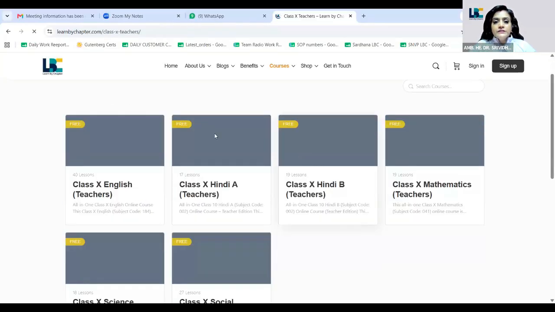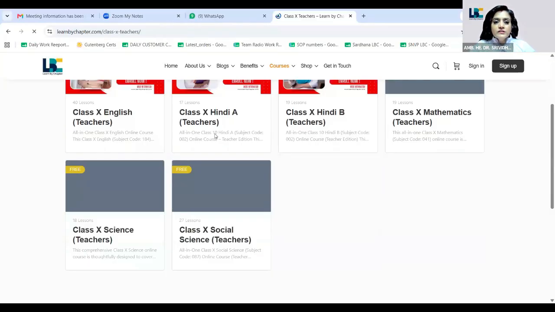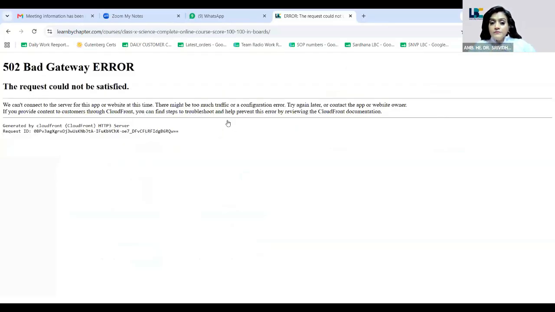So this is how it is. As Ms. Rohini has chosen class 10, we are looking at class 10 resources now. Just go to one topic, that's fine. Today, just for example, we'll take class 10 science, I think. I am just checking on class 10 science. Just a moment, ma'am. I am just trying to log in.